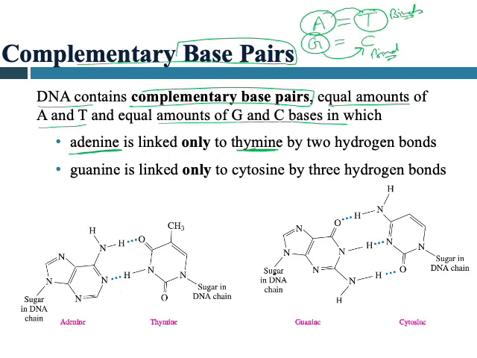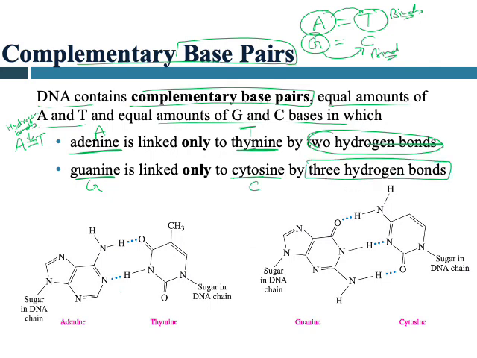And then how are they normally bound? Adenine and thymine are bound through 2 hydrogen bonds. So that means I can write adenine 2 bonds thymine, and these are hydrogen bonds, right? Similarly, guanine always binds to cytosine through 3 hydrogen bonds. So that means G has 3 hydrogen bonds,